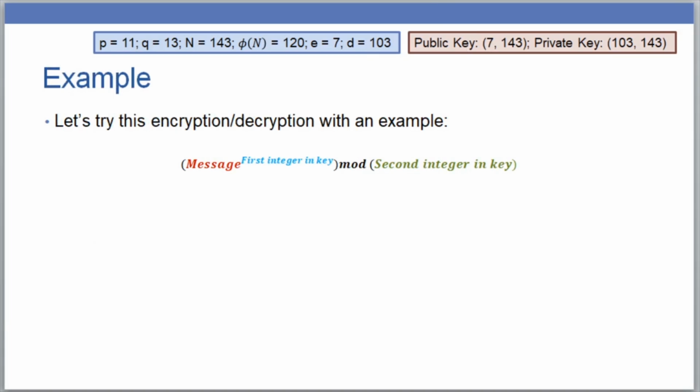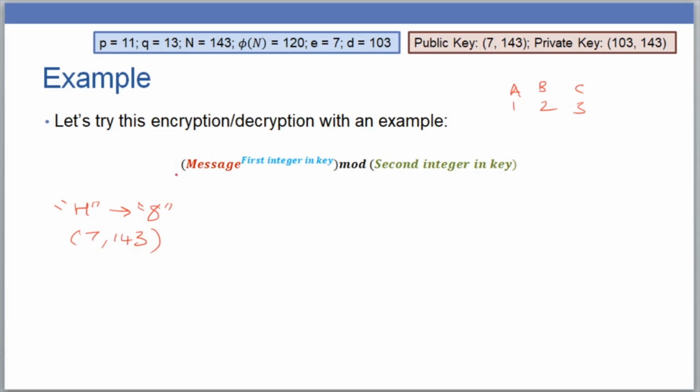Let's say a sender wants to send the simple message H. Following the steps we outlined before, this needs to first be converted into integers. For simplicity's sake, let's say A equals 1, B equals 2, C equals 3, and so on and so forth. So for our message, this gets converted into 8. Next, the public key is used to encrypt. So in order to encrypt our first character, 8, using the public key we created, which is 7, 143,